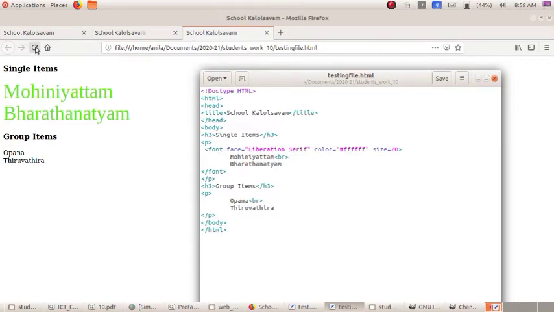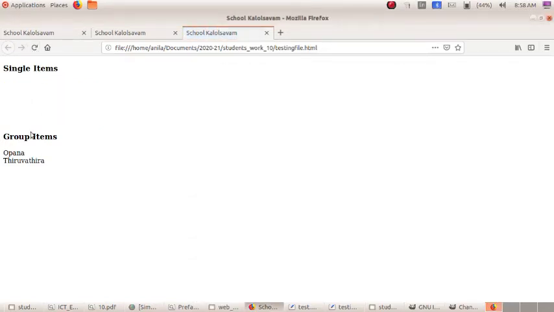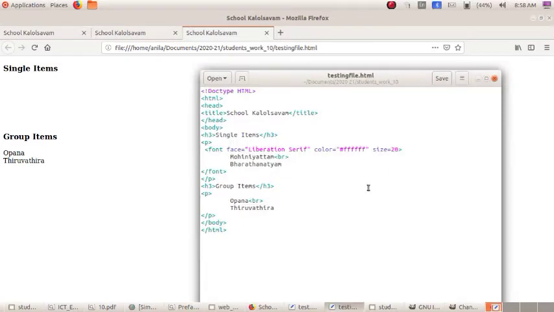Save, then refresh. It turns to white color. So full F means white color, full 0 means black color. The first two are for red, the second two for green, the last two for blue.